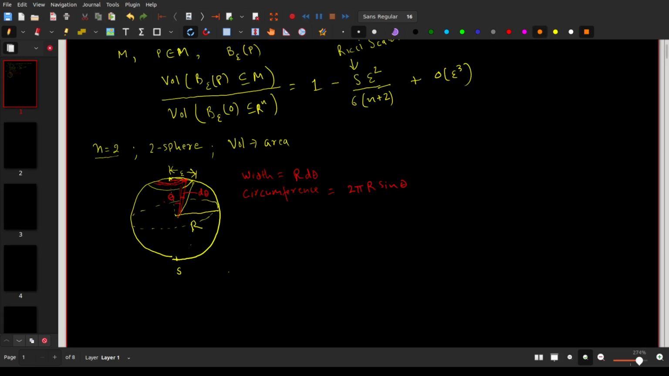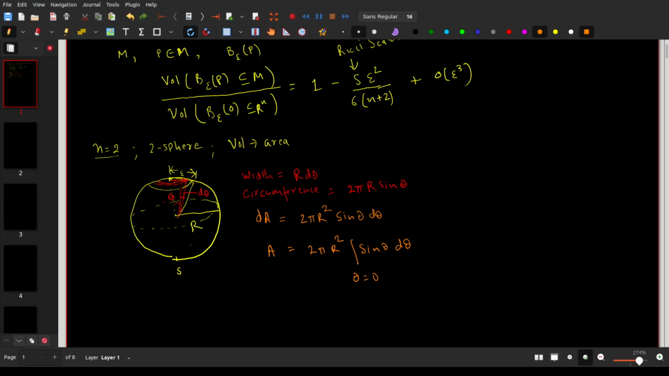So the area of this small strip will be dA, circumference, which is 2 pi r sine theta, times r d theta, so it will be 2 pi r square sine theta d theta. Therefore the area of this disk of radius epsilon will be the integral of 2 pi r square sine theta d theta, theta from 0 to